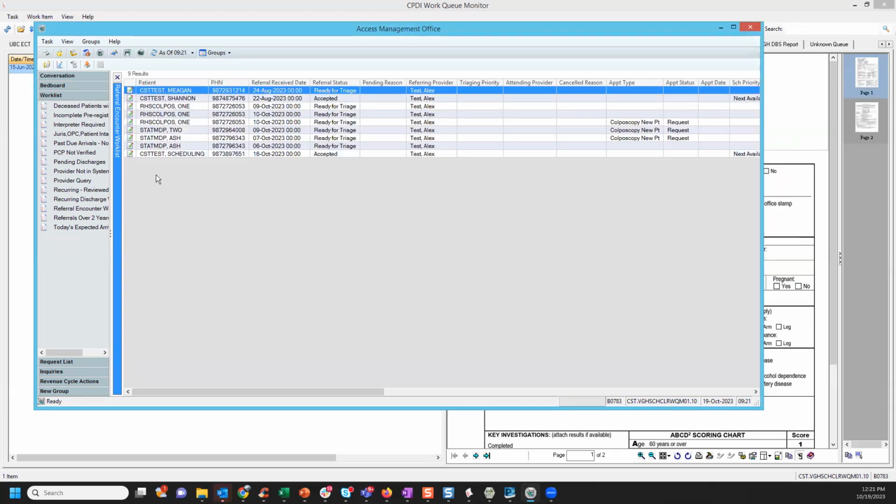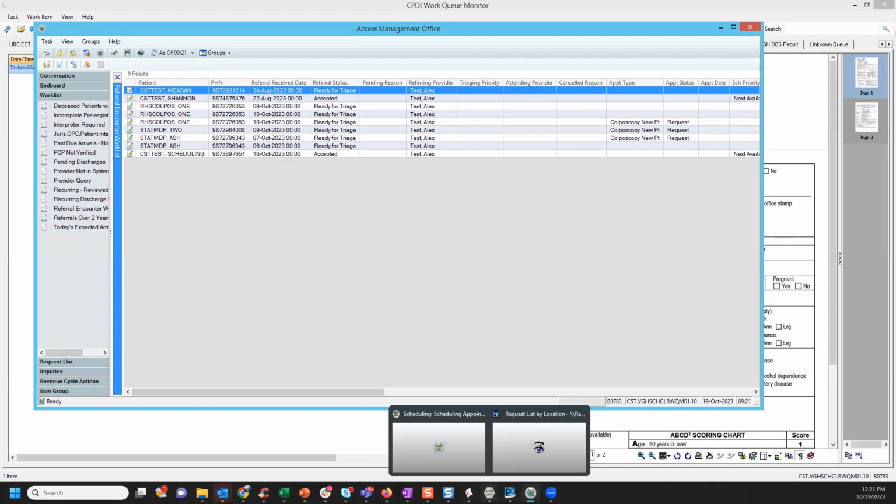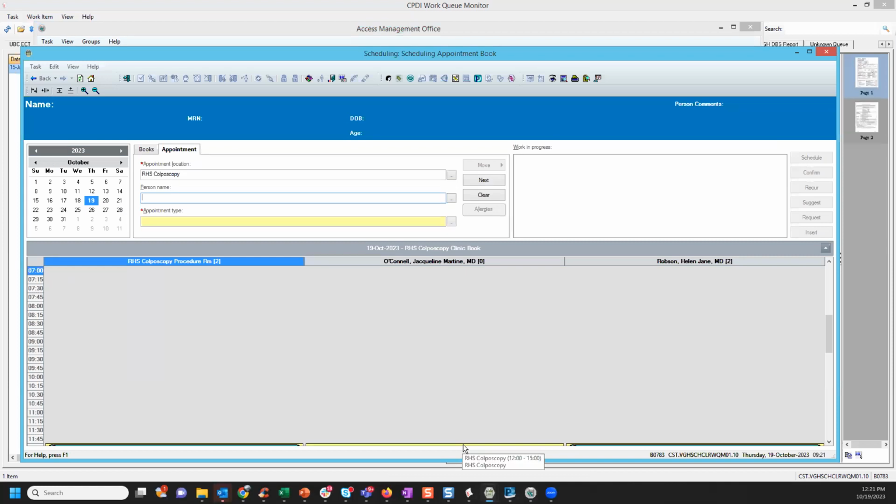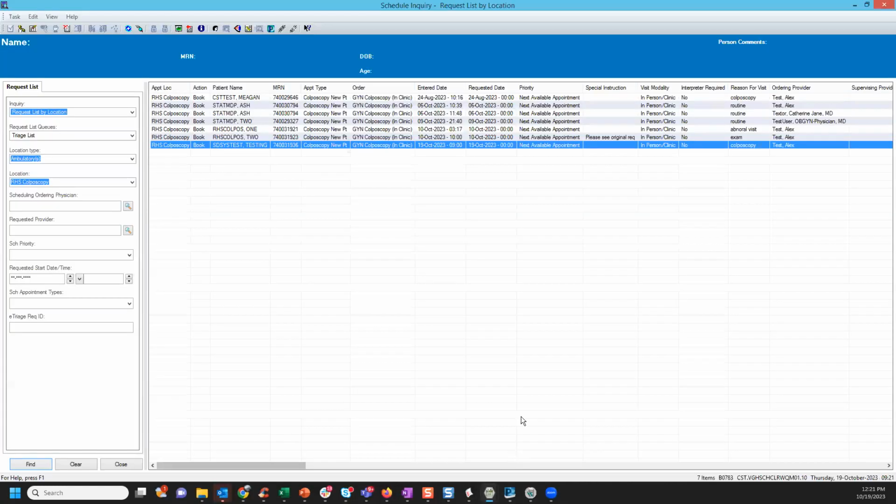And it has taken the patient off of my access list or my referral work list. On my other screen, I have my scheduling appointment book and my request list still available to me. My patient is still sitting on the triage list because I have not yet taken them off to book. Once I know they have been accepted and I've created that pre-registration encounter, I can take my testing patient and